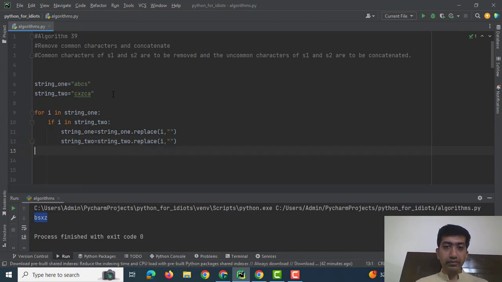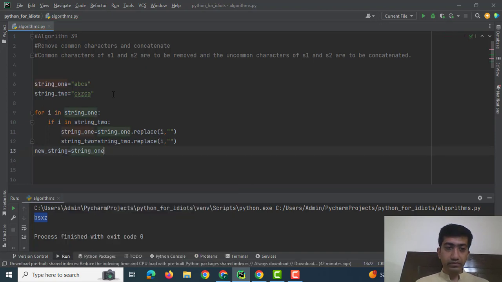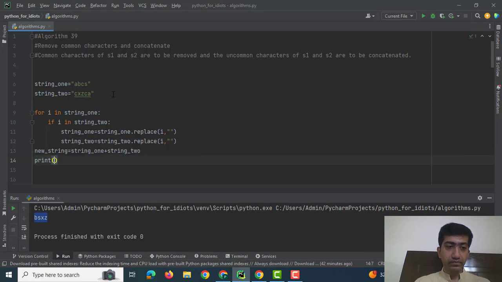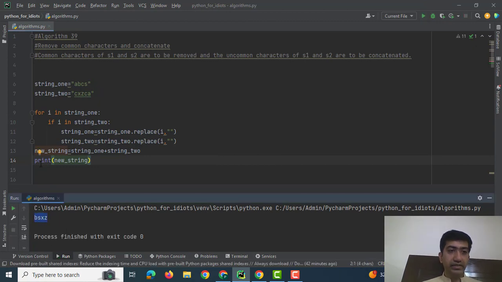After the for loop is completed, I would make a new string and I would concatenate both the strings which contain uncommon characters. BSXC is the answer. If I change the question to